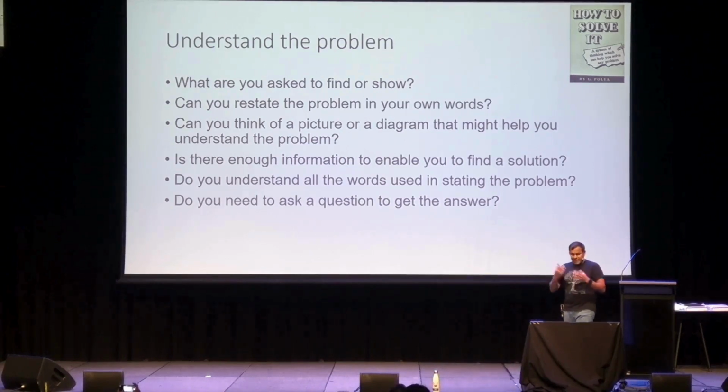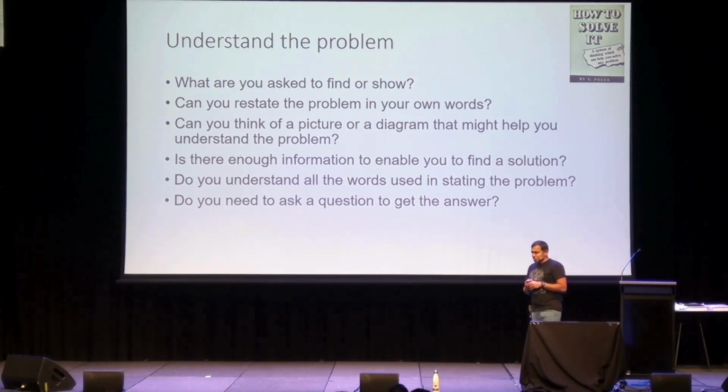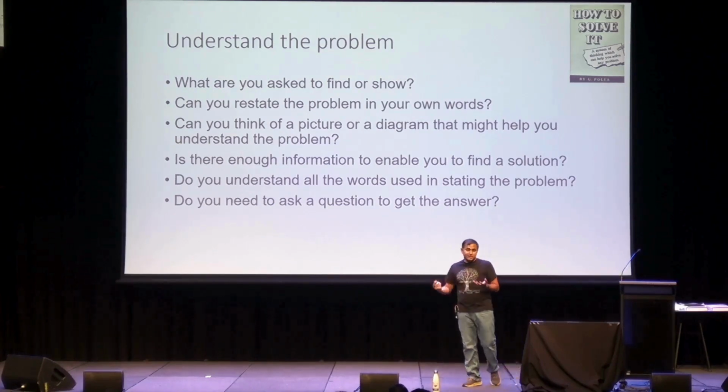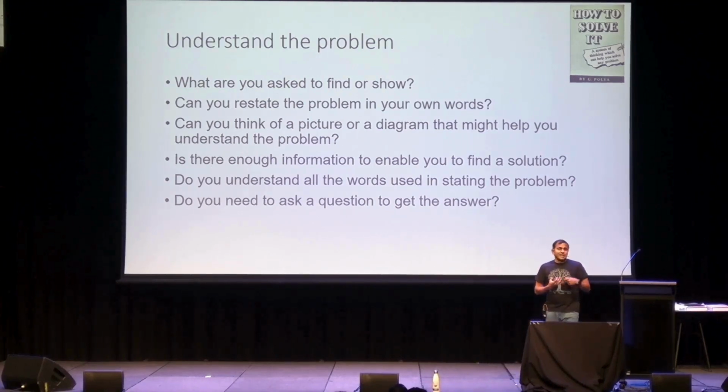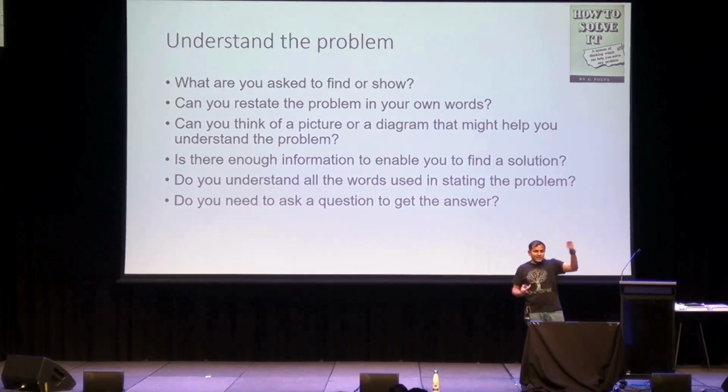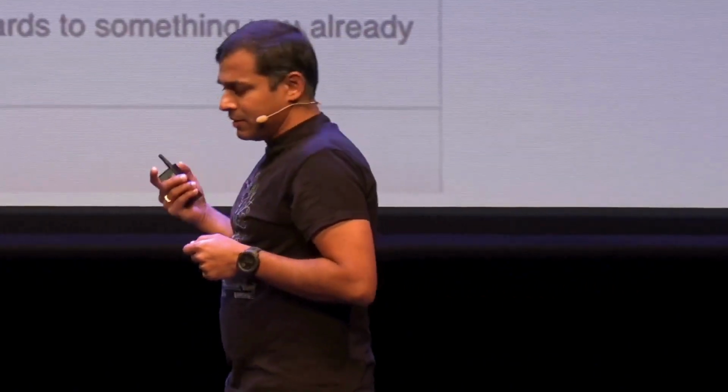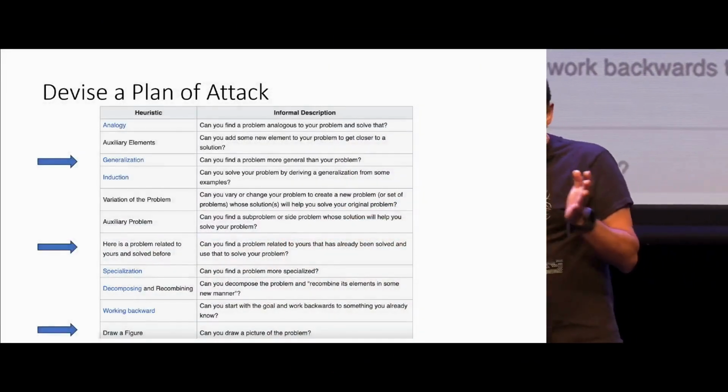He says first you have to understand the problem. What are you asked to find? Find X. What is the value of this angle? Are these two angles equal? He uses algebraic and geometric examples, but the same thing holds for a lot of our research problems as well. Can you restate the problem? Can you think of a picture to solve the problem? Is there enough information? Do you have the information to solve this problem? Are you using all the context and information that you have? Or do you need to ask somebody a question, because you don't have the information and maybe need some extra hints from some other system? And then he talks about how problem solving is not rocket science.